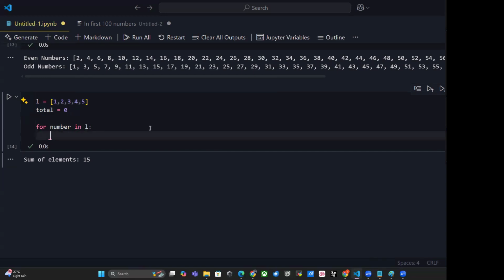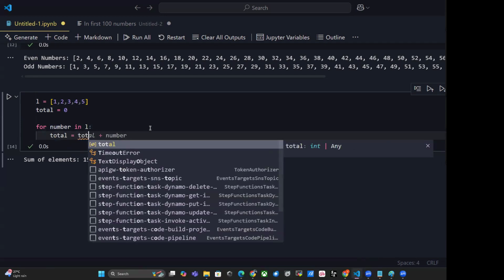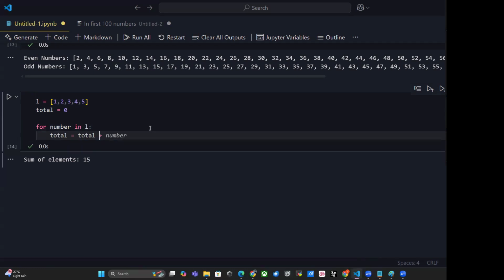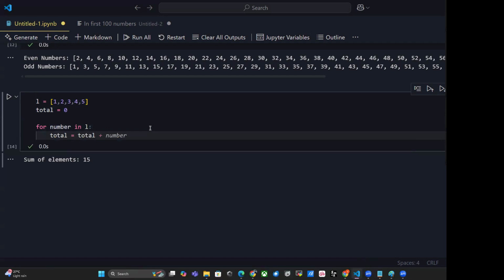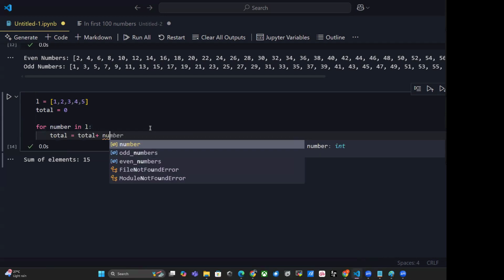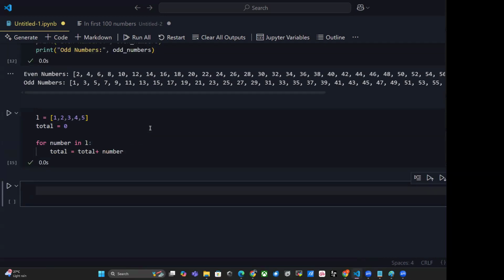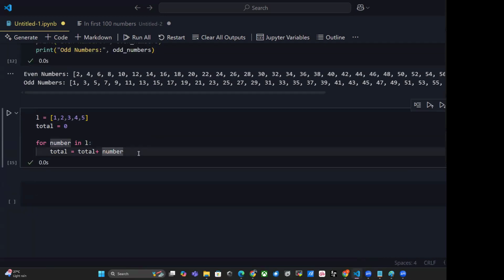How will I do it in programming? I should update the total value, right or wrong? I have to update the total value. So the total value should be reassigned every time. Total is equal to my previous total value plus number. That's it. Previous total value plus number. If I print this total,